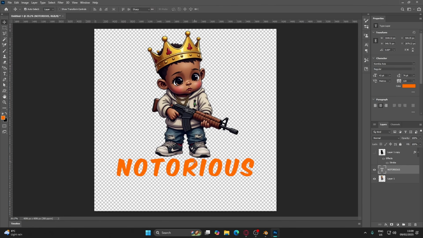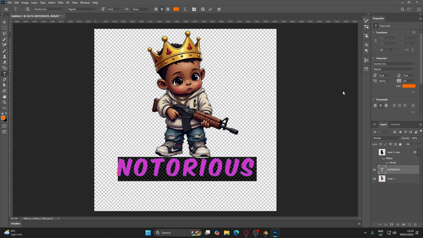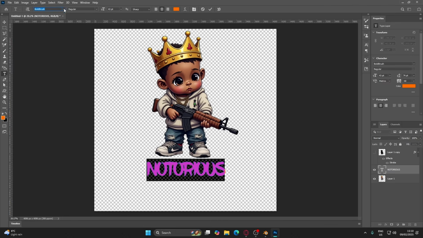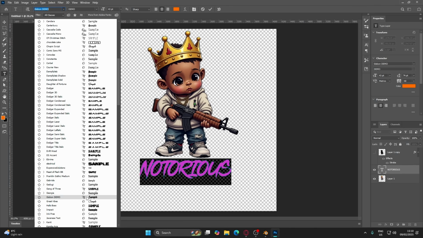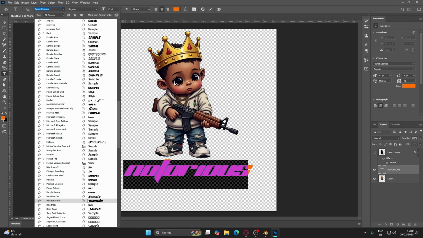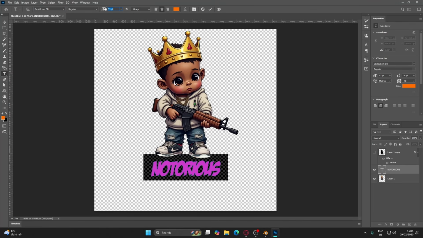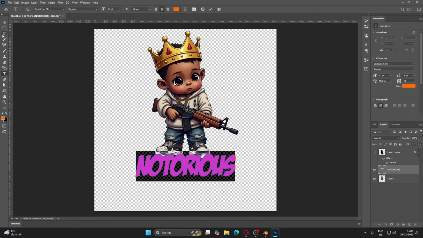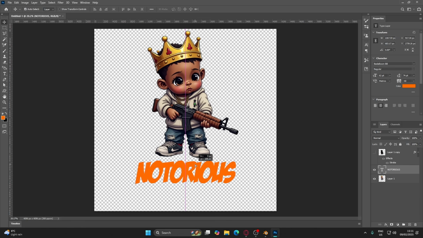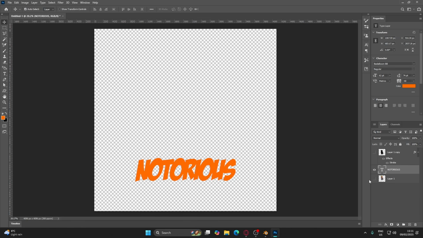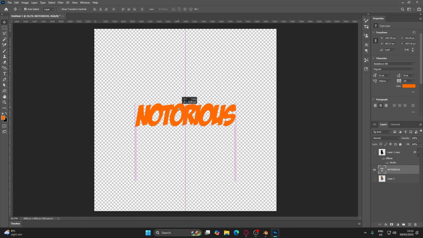And I'm just going to scale this down, going to center this up a bit, and of course we're just going to want to go through, play with text sizing, font and whatever, just get whatever you want your text to look like basically. So we're going to use this font. I know it's not the best font, but we're just going to use this one because it's nice and simple. I'm just going to get it roughly around where I want it to be, size it,